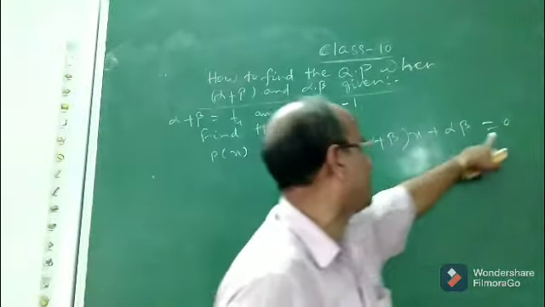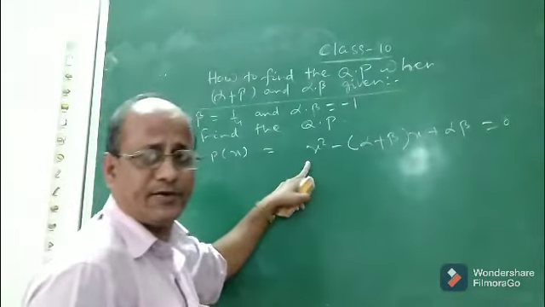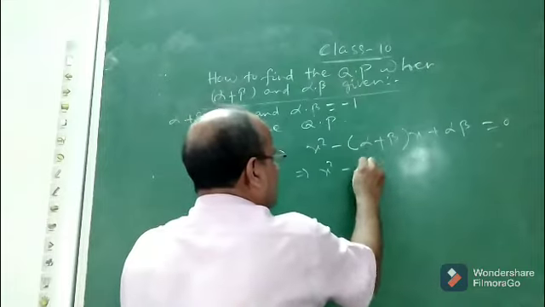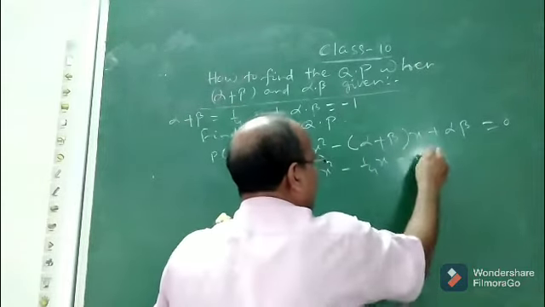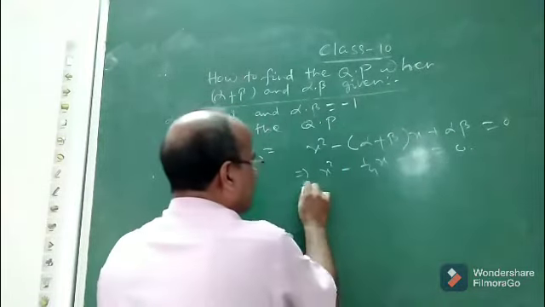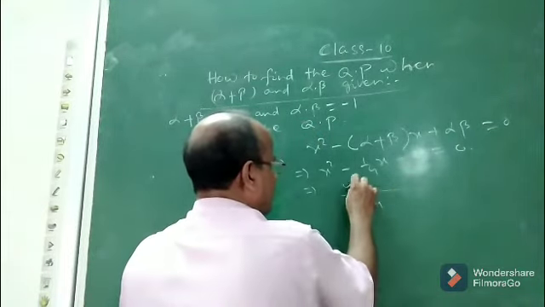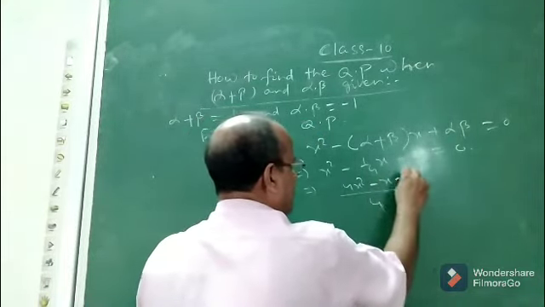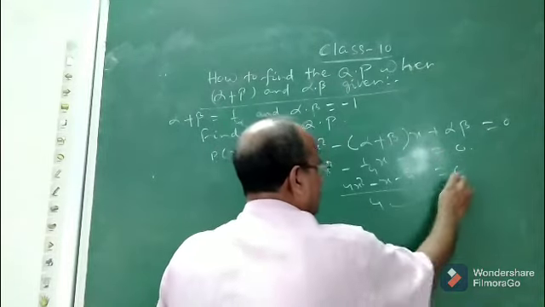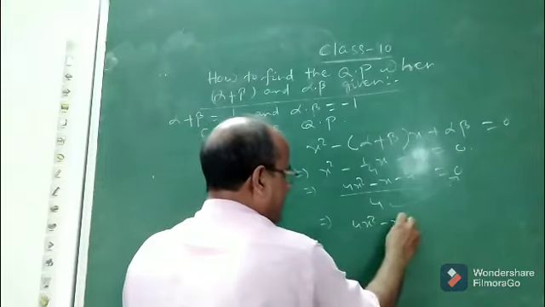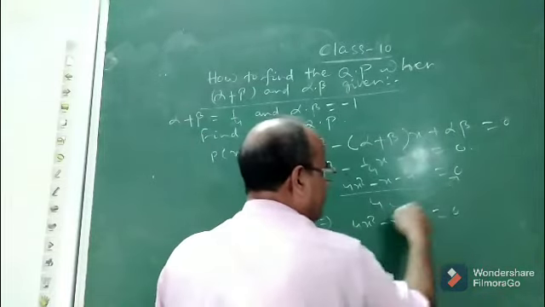You have to remember this formula and form this polynomial equation. Now, put the values. This is x square minus 1 by 4 x minus 1 equal to 0. Now you take the LCM, which is 4, so it is 4x square minus x minus 4 equal to 0. Now take this 4 to the right hand side, so 4x square minus x minus 4 equals 0 into 4, that is 0.